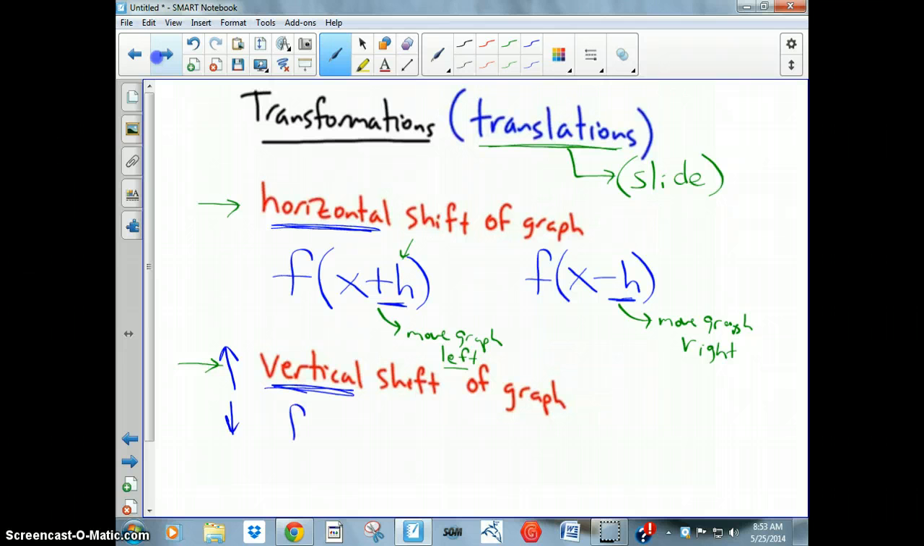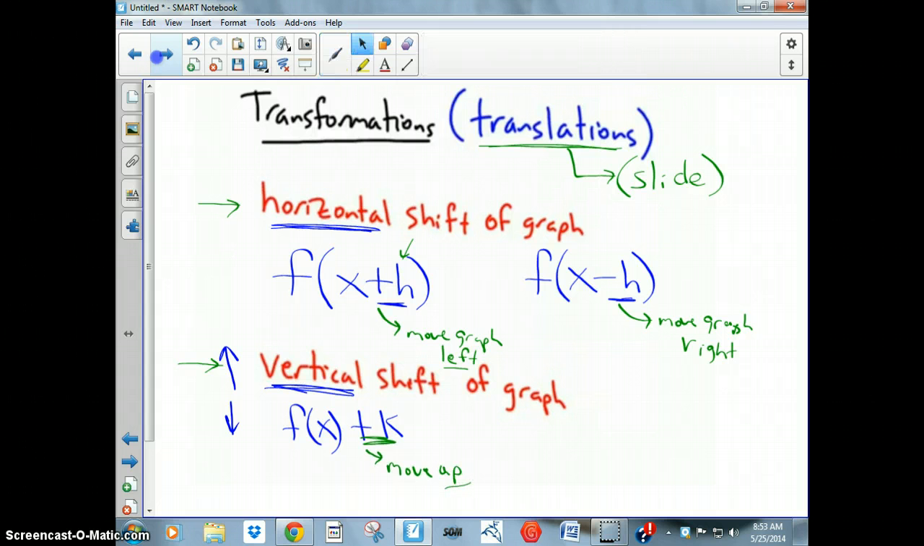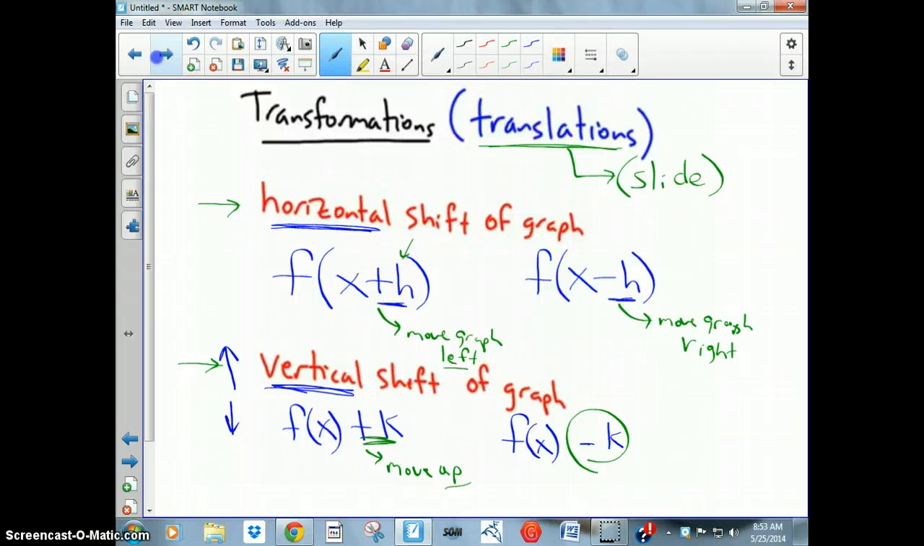Well, what you do is you take the entire function f of x, whatever that is, the entire function, and at the very end, outside of the parentheses, you put a number like plus k, whatever k is. But if it's a plus k, this will move the graph up. If you take the entire function and at the very end put a minus k, that minus number will move the graph down. So it's crucial to memorize that, and I'm going to go over the basics one more time